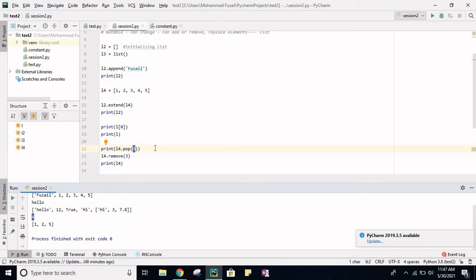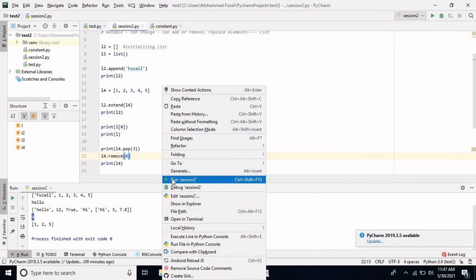There was a question: if we pass a value to the remove function which is not present in the list, then it will give you an error, like we saw earlier, right? We were removing a value from a list which did not have that value. So suppose I pass 6 here, which is not in list L4. Let me show you.